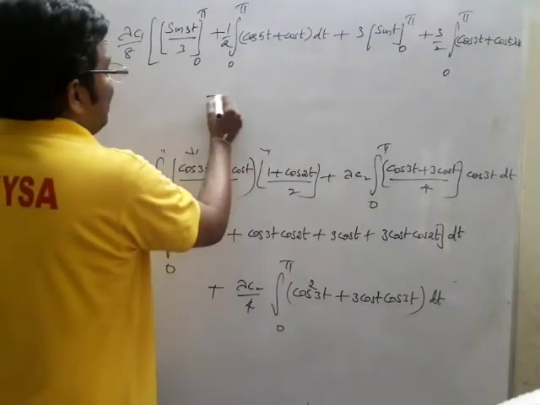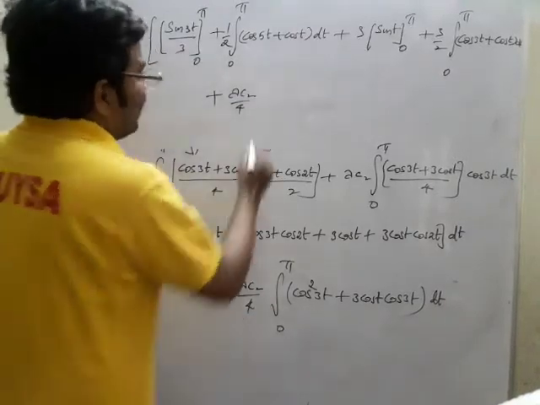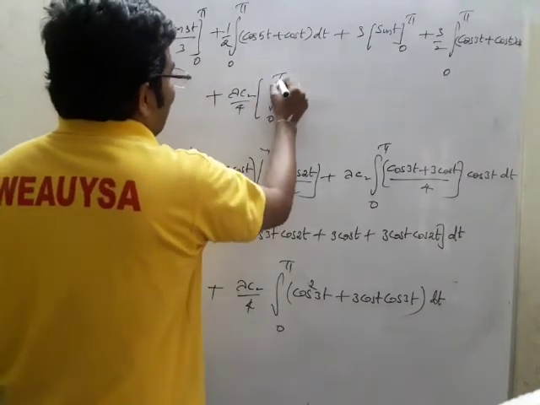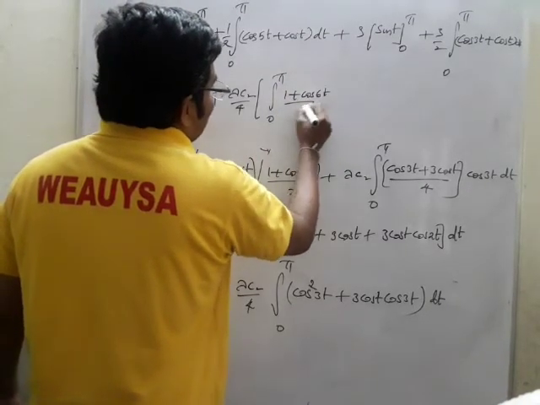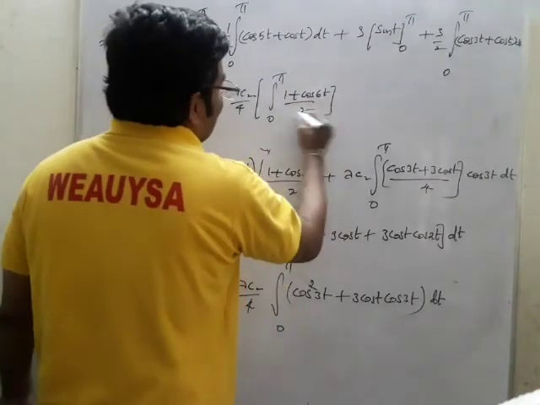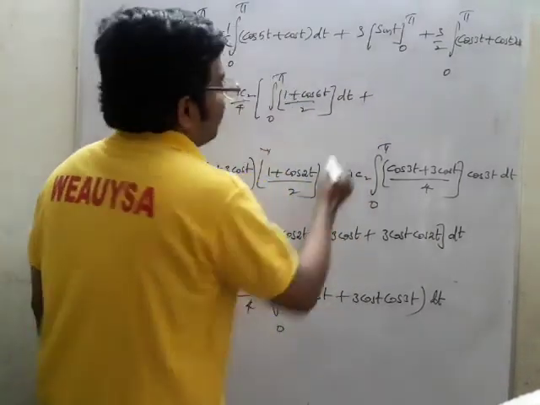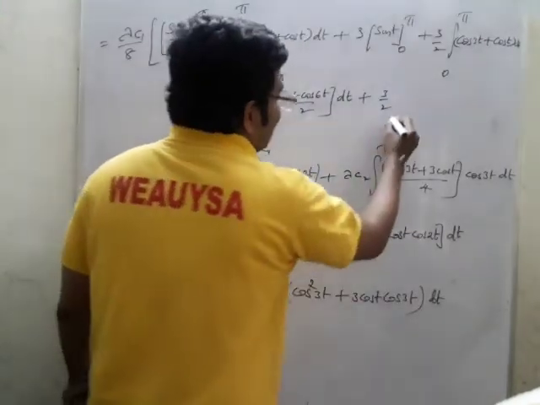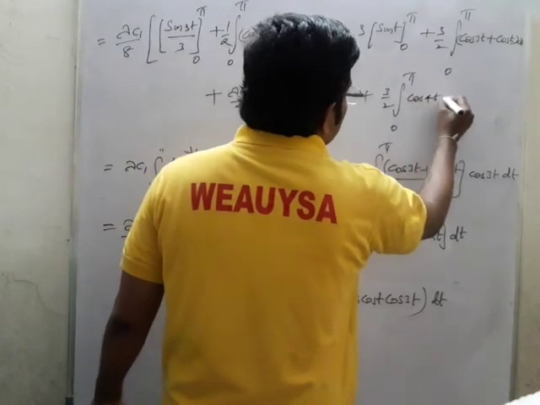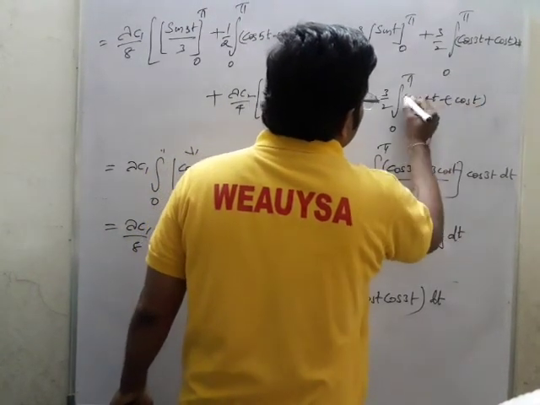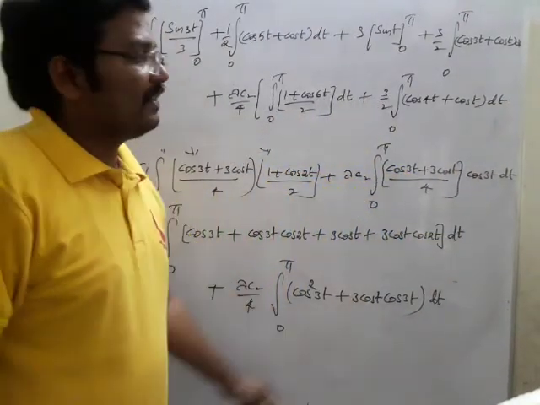Okay, next term, plus lambda c2 by 4. This term I may write as integral 0 to pi of 1 plus cos 6t by 2 dt, plus this one, 3 by 2 integral 0 to pi cos 4t plus cos t dt. This one, cos A plus B